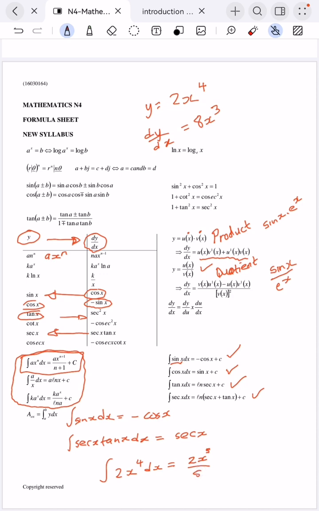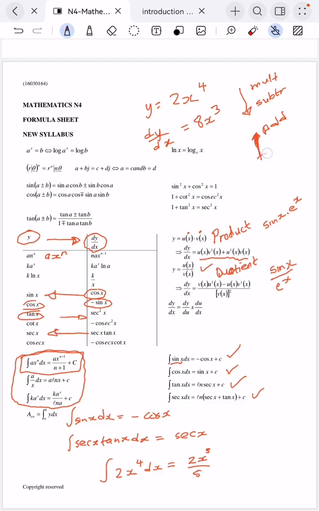What did we do in differentiation? We first multiplied the a, then subtracted the exponent. This is what we did in differentiation. Now in integration, we are going to do the exact opposite. The last thing we did in differentiation was subtract. So in integration, we're going to start with add, then